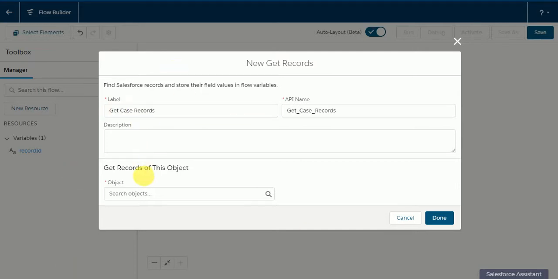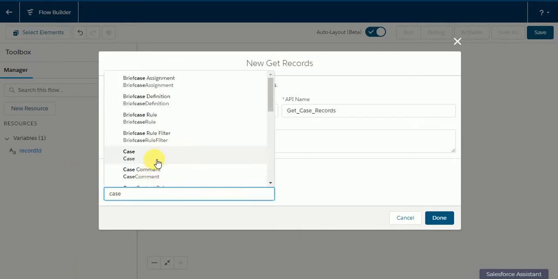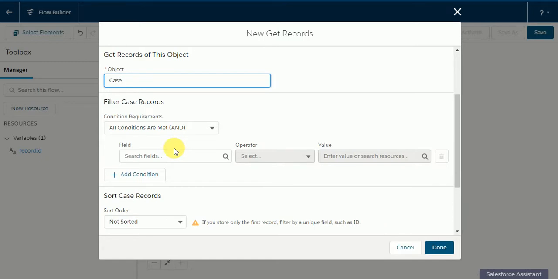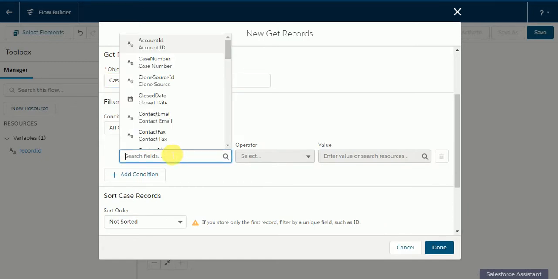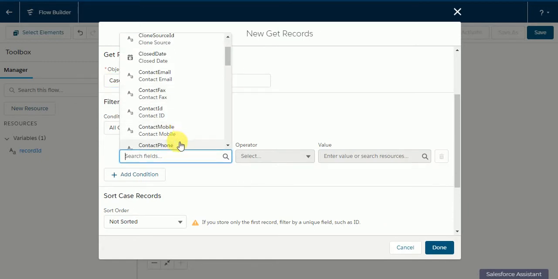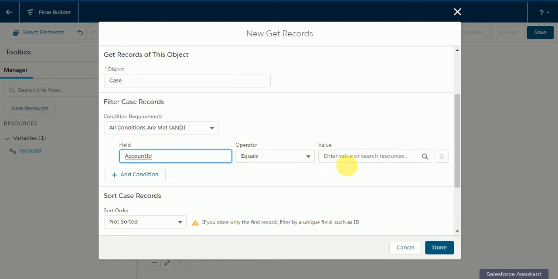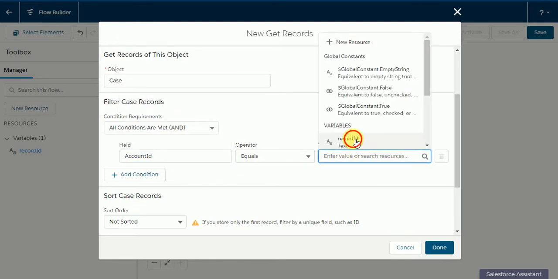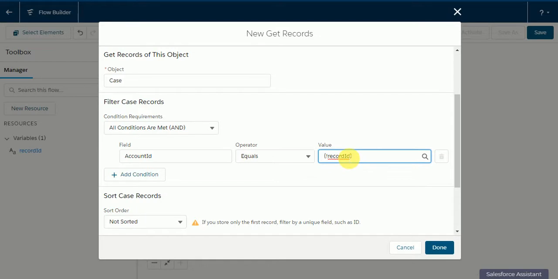For the object, just select Case. Here I'm going to give my conditions. The first condition is where Account ID equals recordId. This record ID will be coming from the detail page. Similarly, if we use a Lightning component, we get the record ID based on force:hasRecordId.